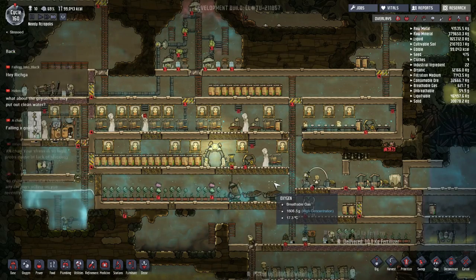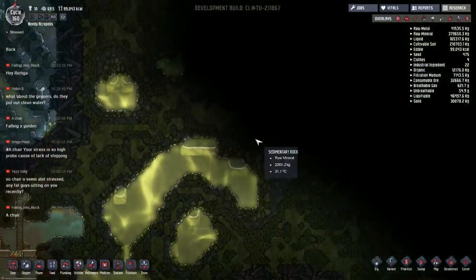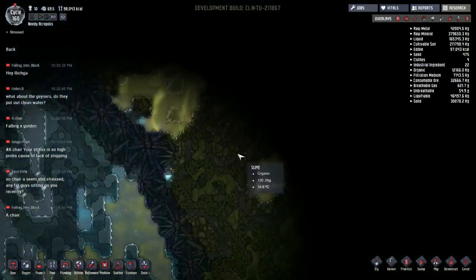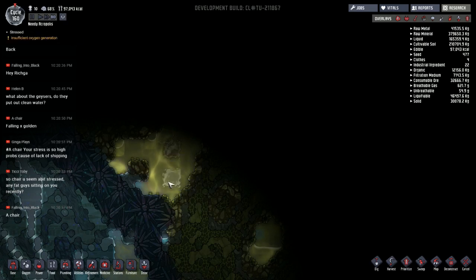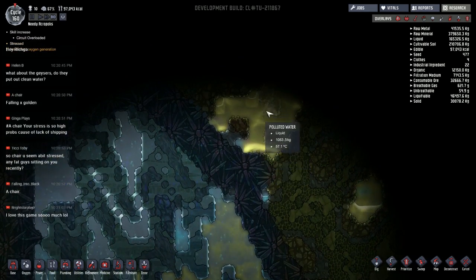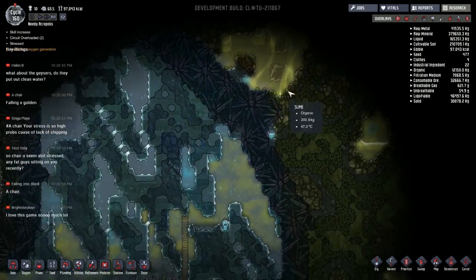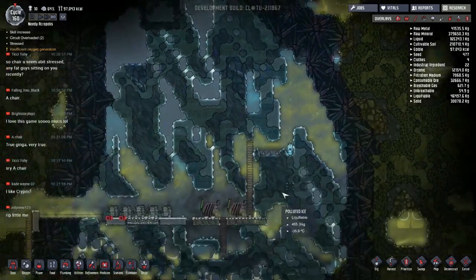Yes, the geysers do put out clean water. They also put out a lot of steam. You have to be able to be in a position to handle it. I did finally find, way up here, my first set of geysers, and there's 3 of them in the same pocket. So I'm reluctant to dig into that too early because I need a management system to keep track of that. But they do produce some clean water. As it turns out, this stuff's all contaminated, but...